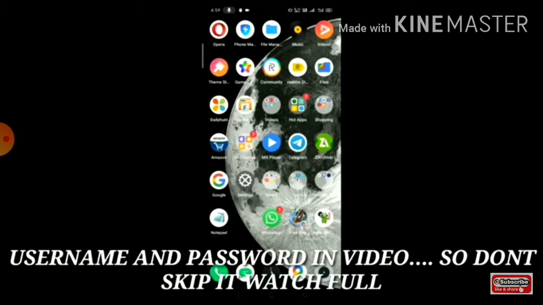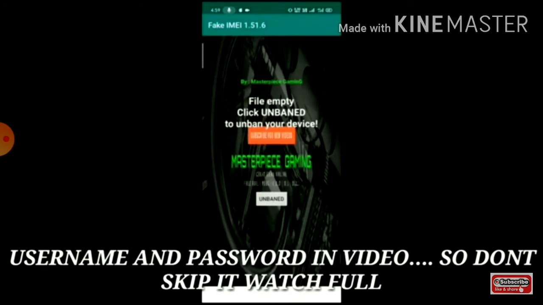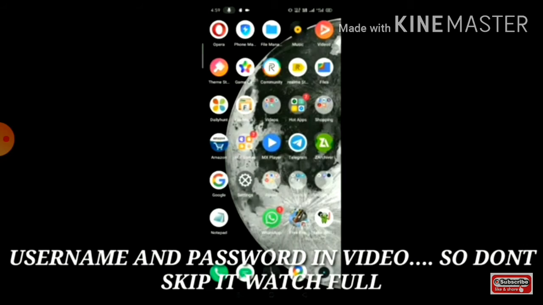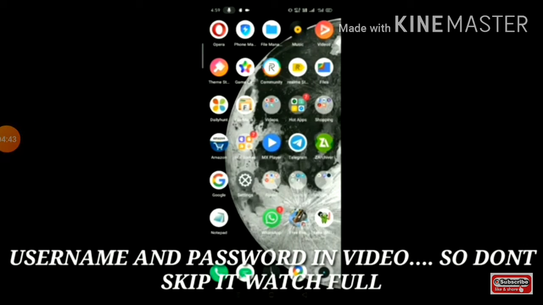As you can see, the Free Fire has been downloaded. Again, the hack Free Fire. Then you have to go to the folder and see unbanned. So if you download the game only, it won't be unbanned, so you have to download that also.